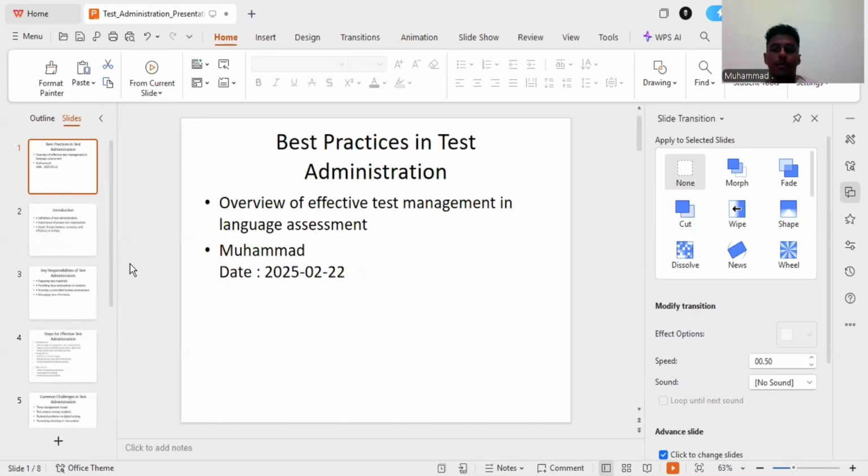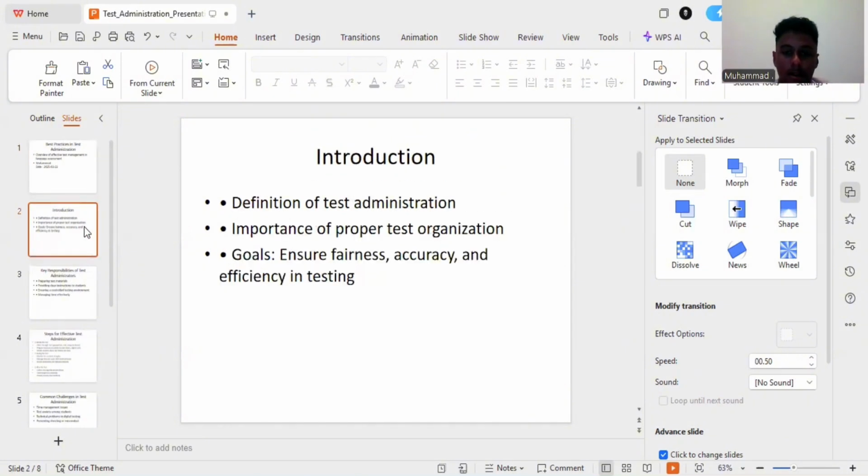Today we want to talk about administration language test. Let's get started. Best practice in test administration. Overview of effective test management in language assessment with Muhammad, and let's start. The introduction,